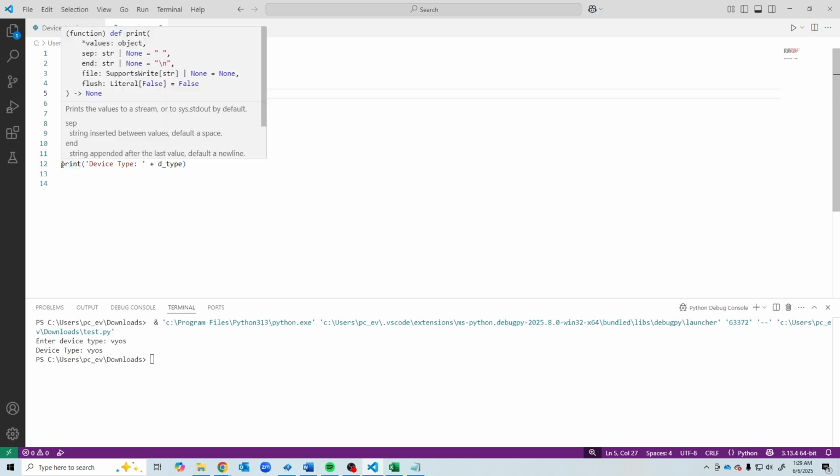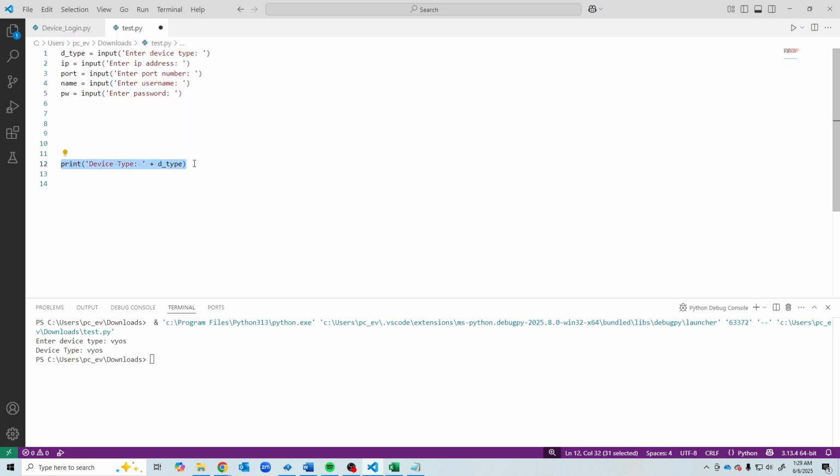So now I can do the same thing with my print statements. Control C and Control V to copy and paste. So the next one, this will be device IP, and that will be populated with the variable IP, and then the next one will be device port, and that value will be port, and the next one will be name,